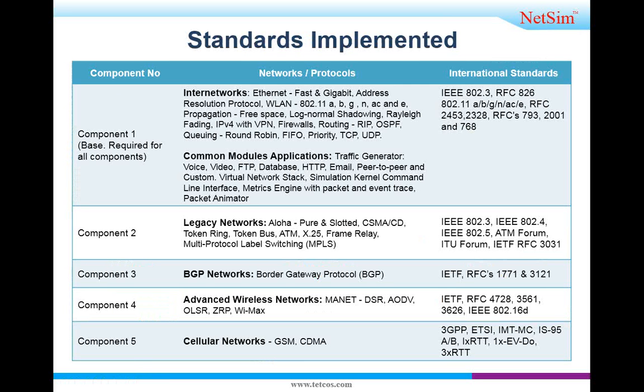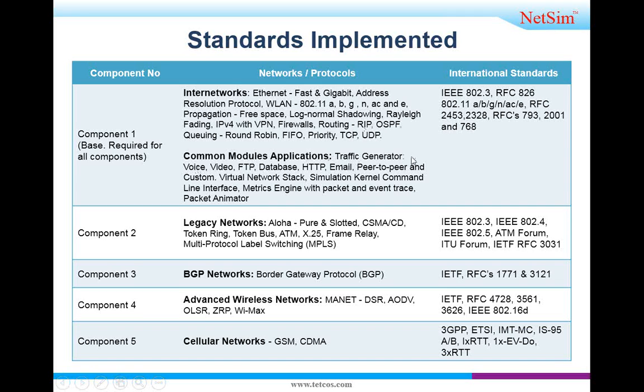Now the components. NetSim is divided into 9 components. First of all, component 1, which is Internetworks, which includes Ethernet, fast and gigabit, ARP, wireless LAN, 802.11 a/b/g/n standards, then propagation, free space, log normal shadowing, then firewalls, routing of RIP and OSPF, queuing. And then some common module applications are there